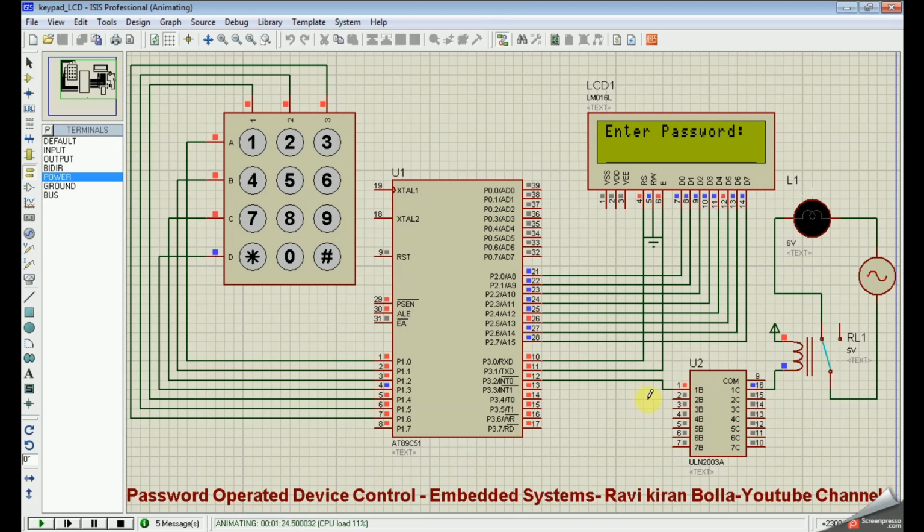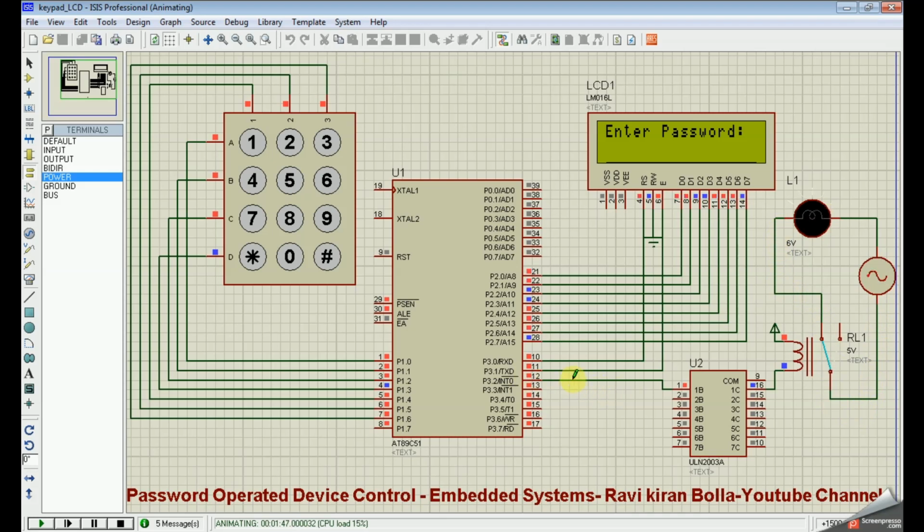It works like this: whenever the input is 1, there is an internal NOT gate, so the output will be 0. The other terminal of the relay is connected to the power supply VCC. If it is 0, then the relay will be turned on. Whenever the relay turns on, there is a connection from the 230 volts AC supply to the electric bulb.